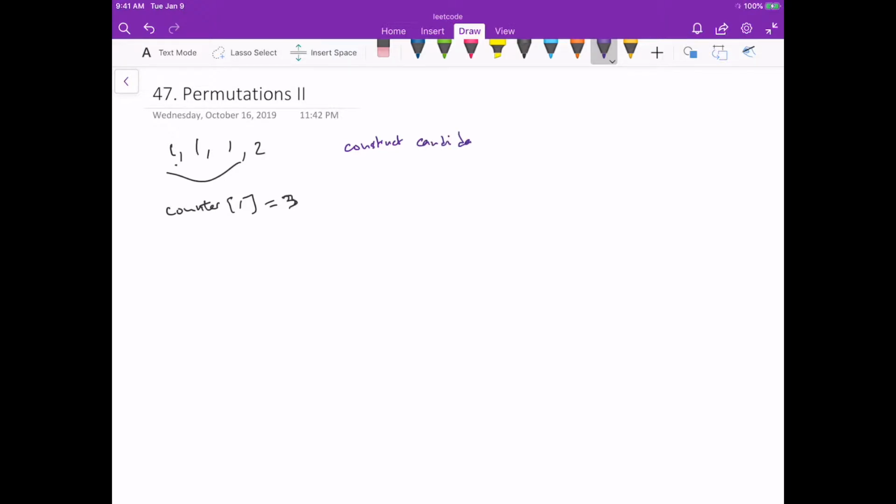What we did before was pick any element not picked yet. But since now we have the possibility that the element exists multiple times, what we can do is change this to